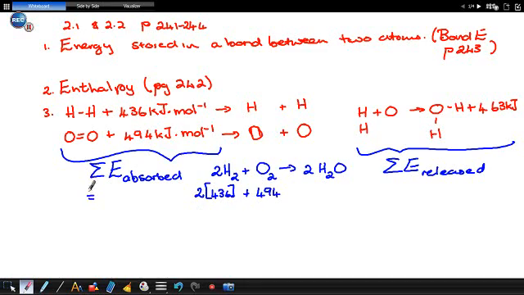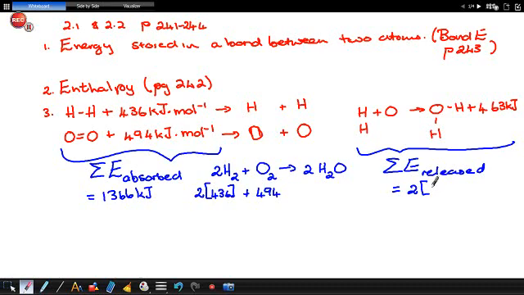Now I hope they've got the correct answer there, because I did not calculate the total amount. 1366 kilojoules of energy. And then here the energy released is twice the energy that is released when